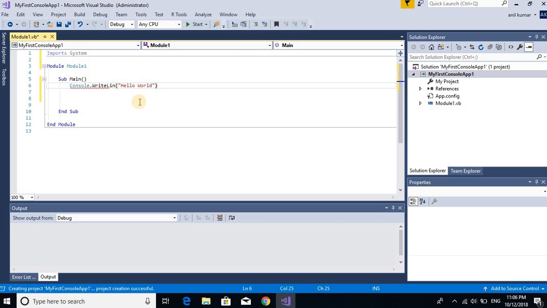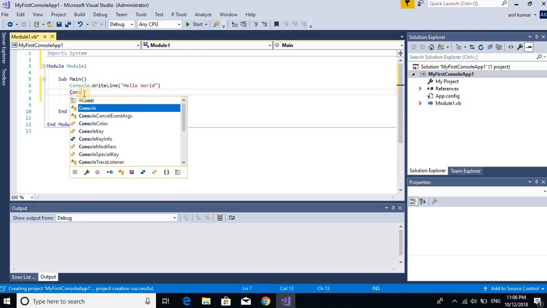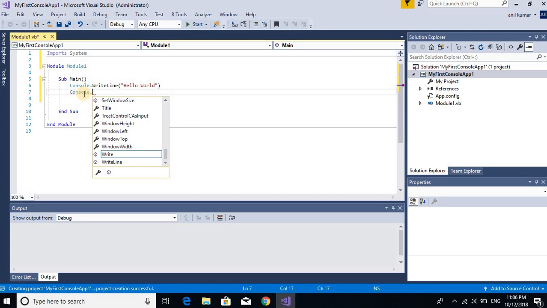I can change it to Console dot WriteLine, and then we will write one more line